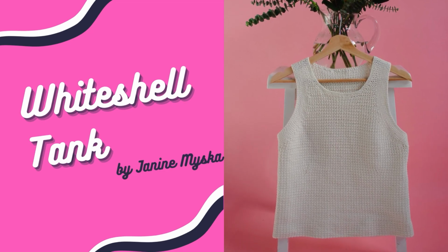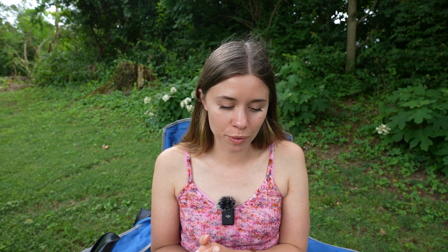Next, we have our crochet design. This is the Whiteshell Tank by Janine Miska. It came out in April of 2024, and it retails for $9.50 Canadian or about $7.24 US dollars. It is designed to fit a bust 28 inches to 62 inches. This tank is made in DK weight cotton, specifically Lion Brand 24/7 cotton, which is a